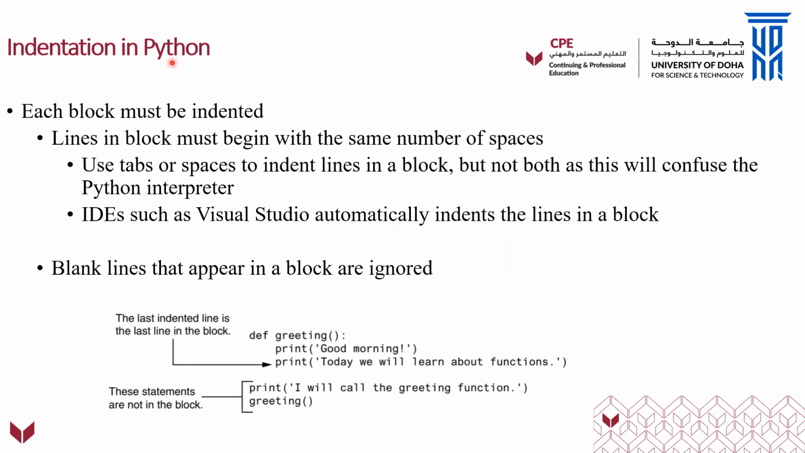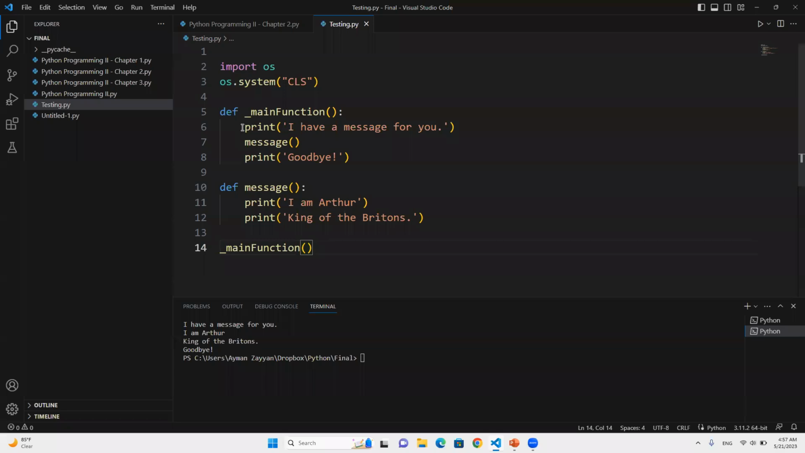Indentation in Python. It's very important to include the indentation in Python. Each block must be indented. Lines in a block must begin with the same number of spaces. You can consider this as a block, because it's the main code of the function greeting. Use tabs or spaces to indent the lines in a block, but do not use both as it will confuse the Python interpreter. So as an example over here,